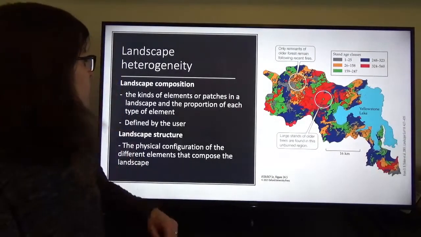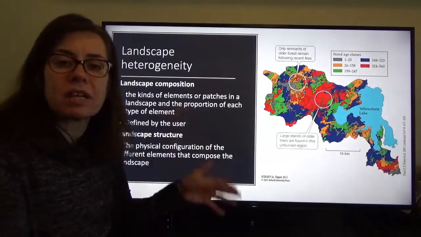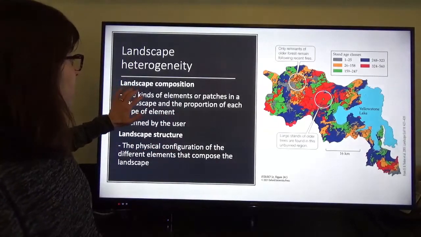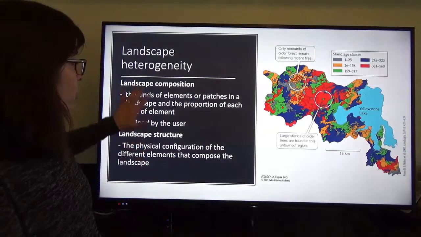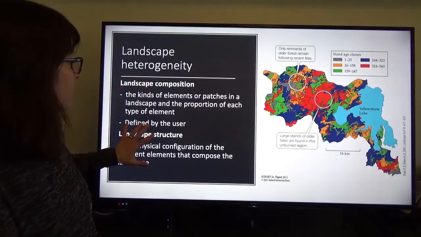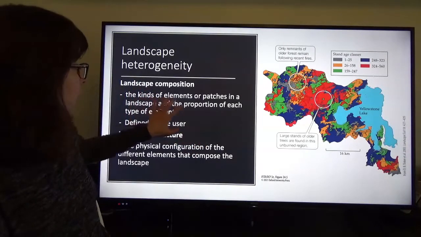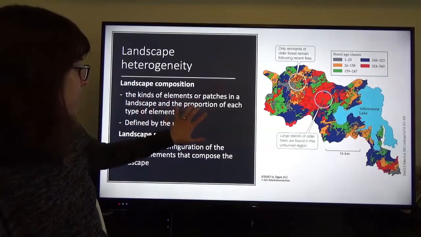Okay, landscape heterogeneity. These are our last couple of definitions. They're just important things for you to understand. So landscape composition and landscape structure are two things that we think about in the context of landscape heterogeneity. Landscape composition is the kinds of elements or patches in a landscape and the proportion of each type